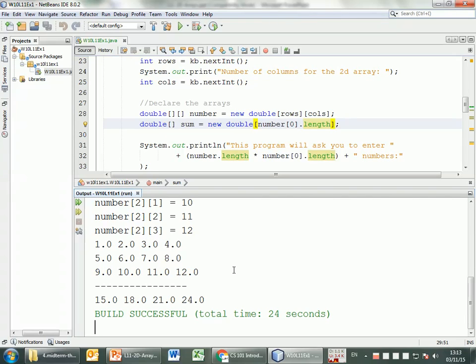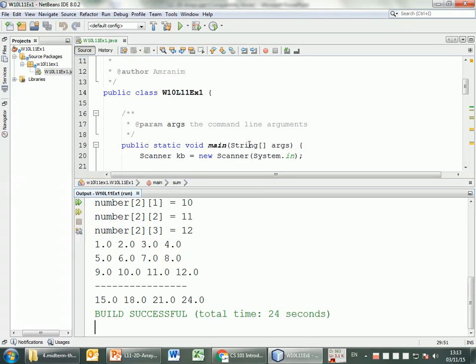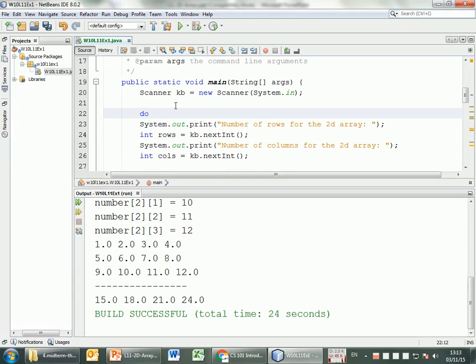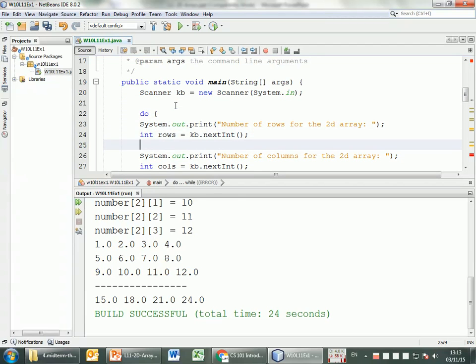Yes? If you ask me the number, we want the number between 0 and 10. Okay, that's a good point. I would like to ask the user to give me a number of rows between 1 and 10. Okay, so then what I'm going to be doing, I'm going to do something like this. Do, that's a very good question, because it makes us use the do. While this number of rows